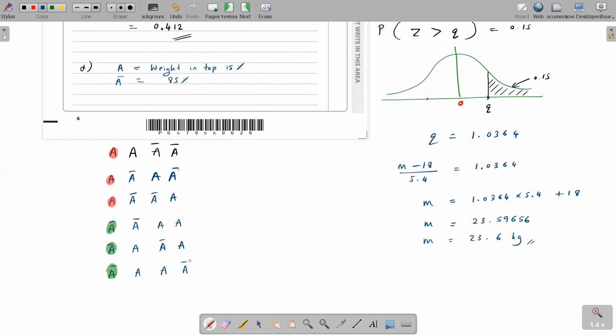Now, do you have to find the probability of each path manually? No, all are the same. Find the probability of one path and multiply by 6. The reason I wrote this is to see how many paths there are. There are 6 paths. Probability of A is 15%. So 15% times 15% times 85% times 85%, the whole thing times 6. Actually, you could write 15% squared, 85% squared, times 6. How much is it?